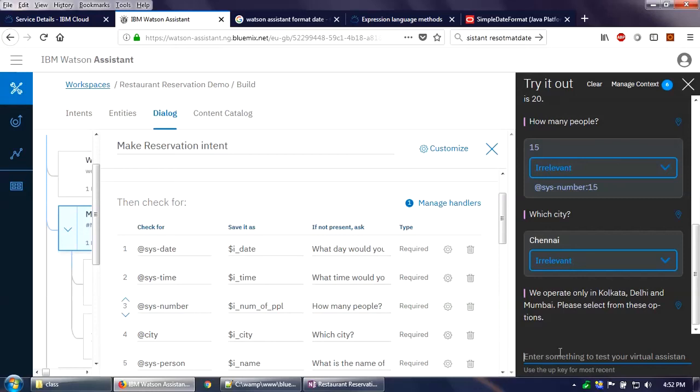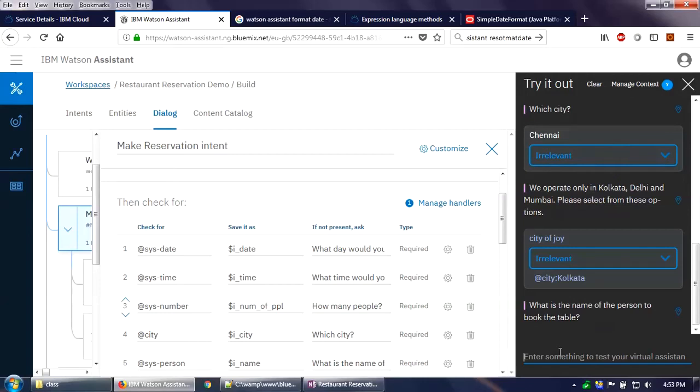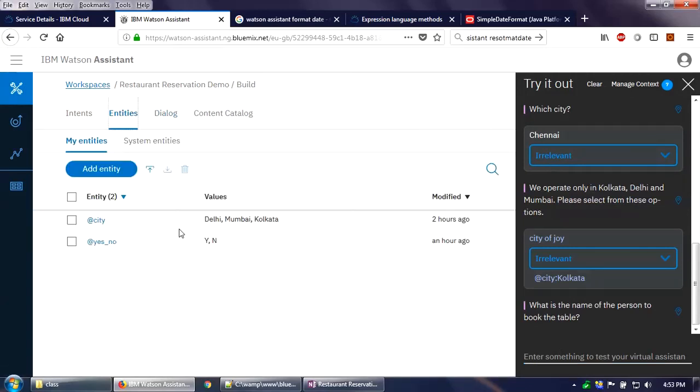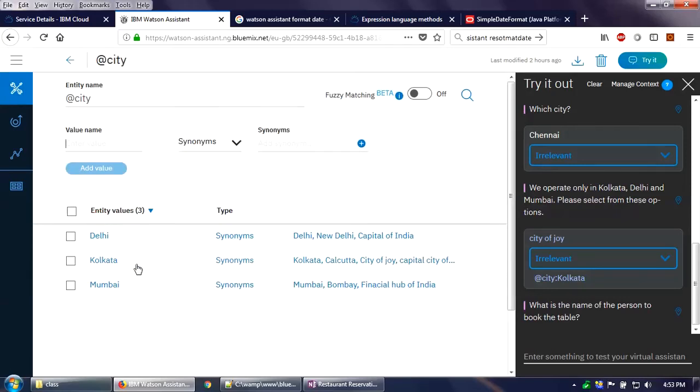So okay, Kolkata is near to me, so I'll say city of joy, which is another name for Calcutta. Since my Kolkata entity is defined with city of joy as one of the synonyms,